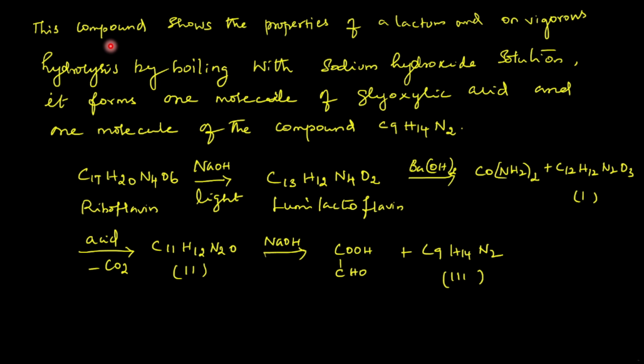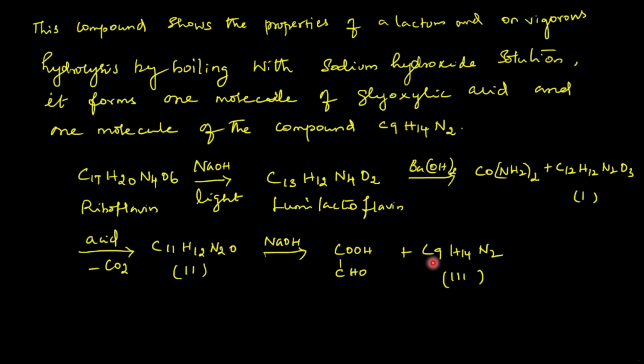On vigorous hydrolysis by boiling with sodium hydroxide solution, it forms 1 molecule of glyoxylic acid and 1 molecule of the compound C9H14N2. This can be explained in this equation. Riboflavin on reaction with sodium hydroxide in the presence of light forms lumilactoflavin, which on treatment with barium hydroxide solution yields 1 molecule of urea and a compound 1 with the formula C12H12N2O3, which on acidification yields compound 2 with the molecular formula C11H12N2O. Compound 2 on treatment with sodium hydroxide solution yields 1 molecule of glyoxylic acid and the compound 3